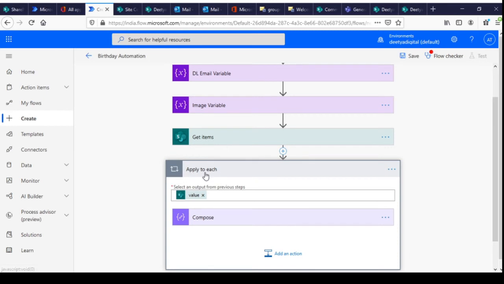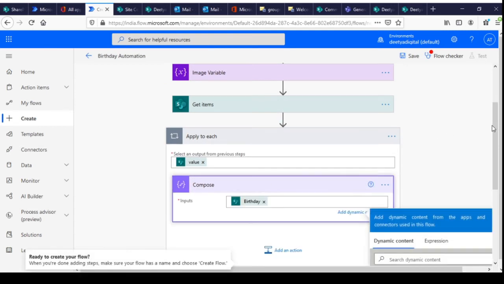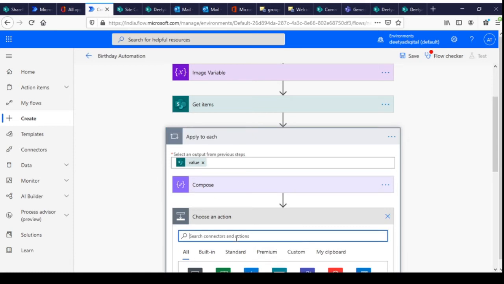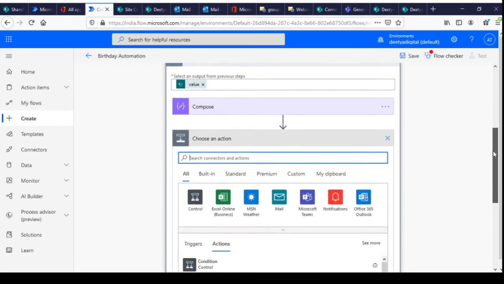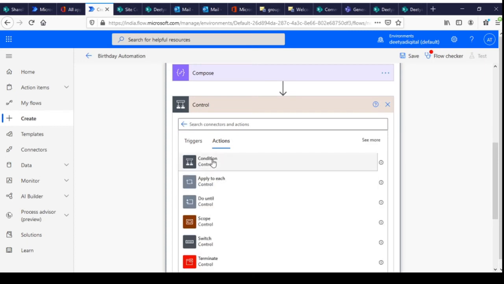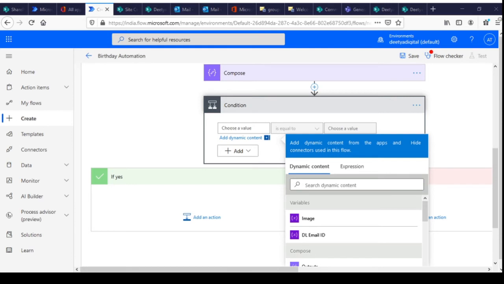So for each and every record, the birthday date will be composed. Now next I'll add a condition here, control condition.